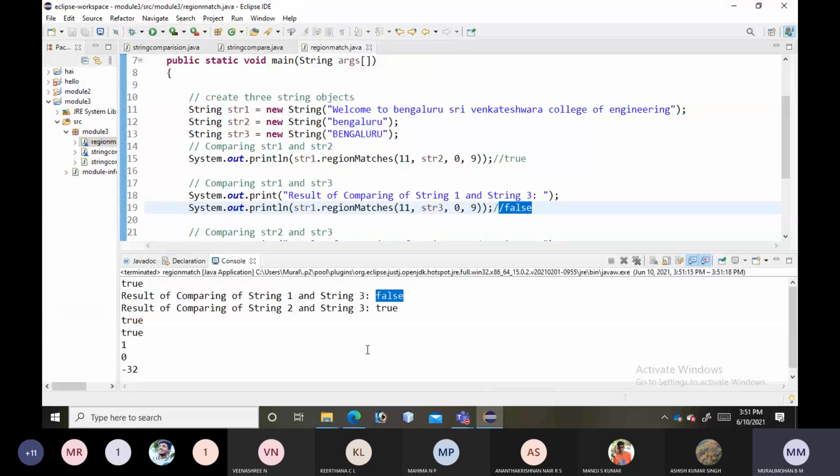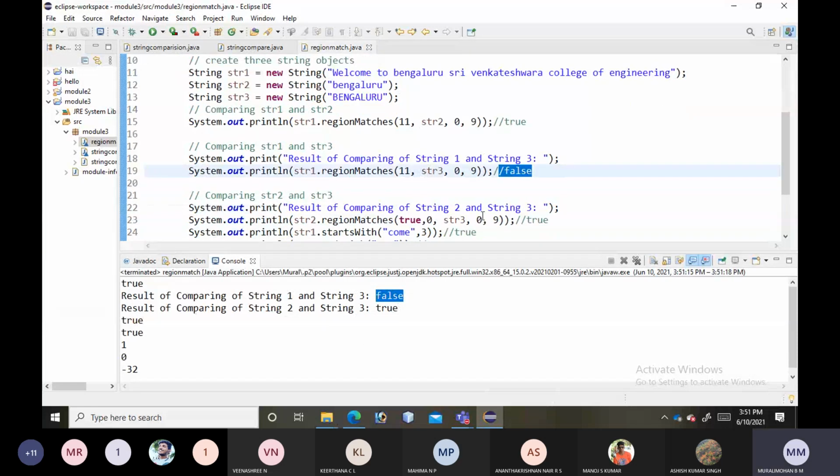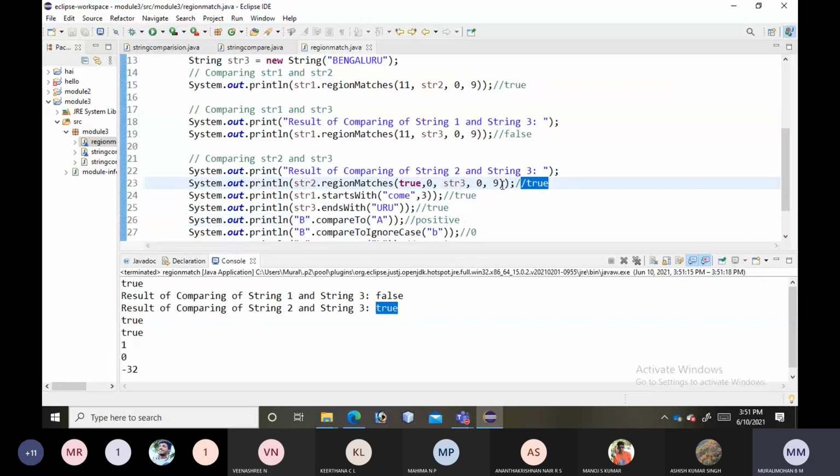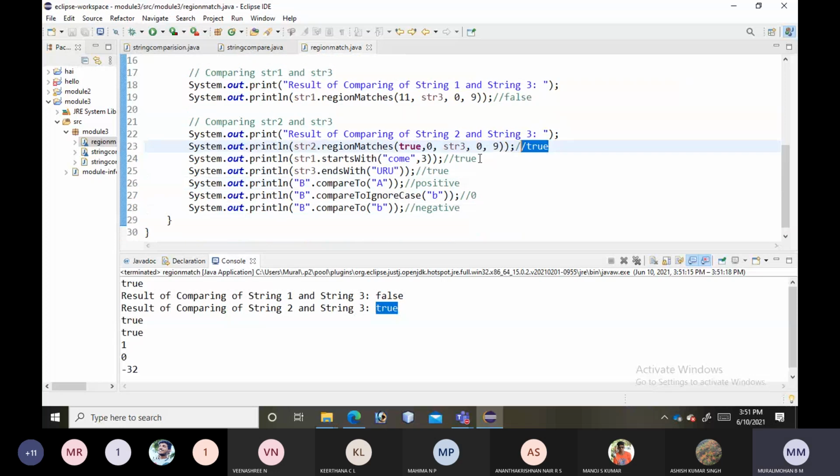Yes, false we are getting. Okay. Next, third one we are getting true. So here also we are getting true. Next output we are getting true. Here also true is there. Okay. Next is true. So true we are getting.